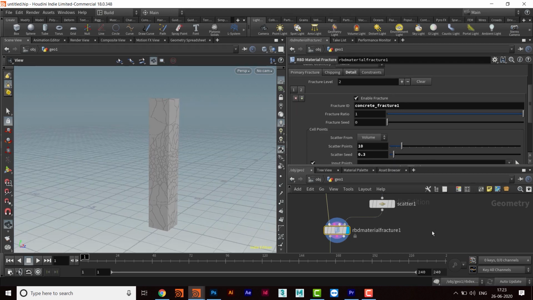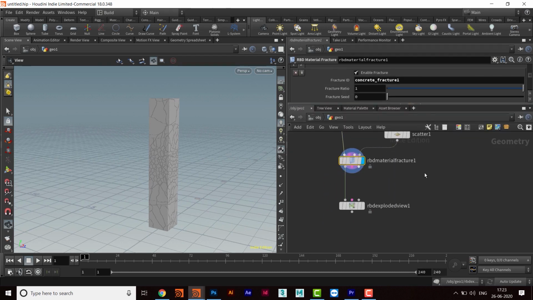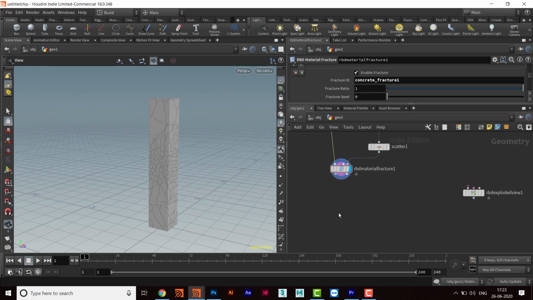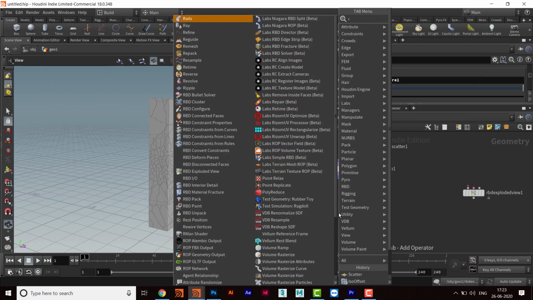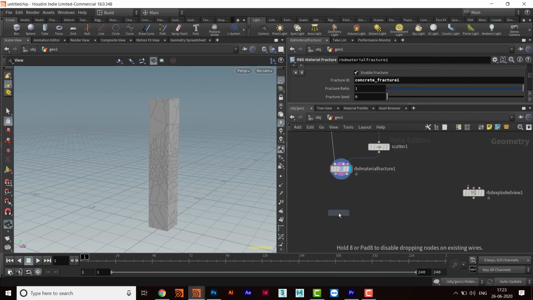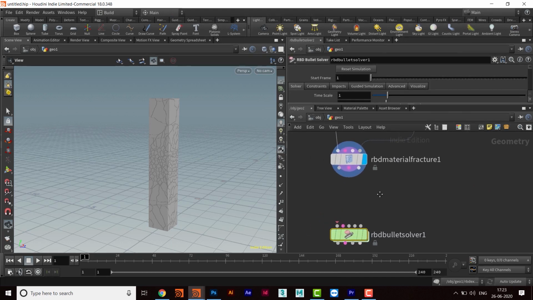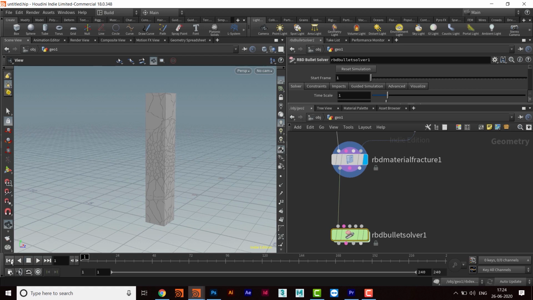So now what I will do, I will add this. I will cross this one and keep it here, and now I will take RBD bullet solver and connect it to RBD material fracture. I will connect only the first input, which is the geometry one, and see how things are going.